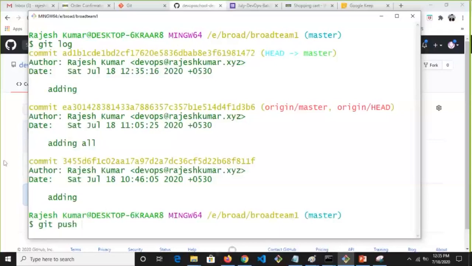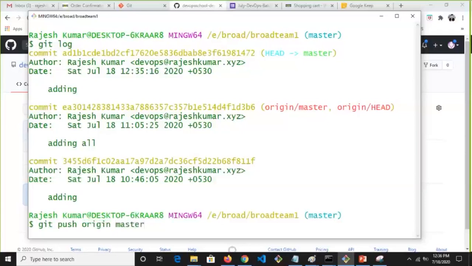But what is happening? The moment you clone it, because I did clone it in this case, that long URL will become a short URL, and they will keep it in the config file. That will become origin. It's an alias; we call it a git alias. So now I don't have to use the long URL because origin is a short URL. Whenever you clone, git sets it for you. Can we set it manually also? Yes, why not. So I'll use origin instead of the long URL, and master.